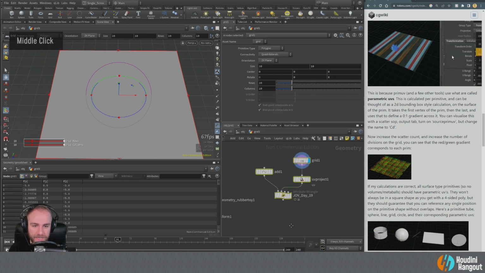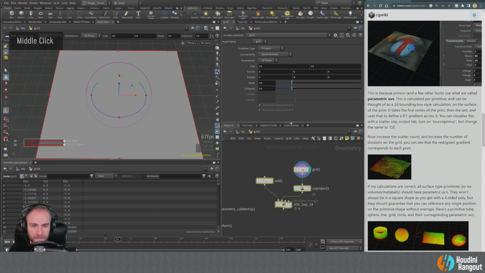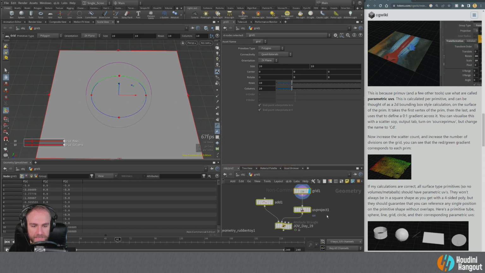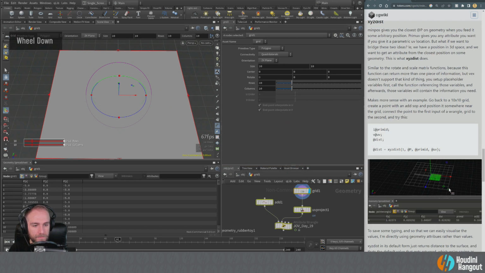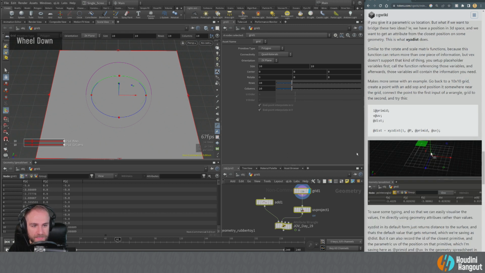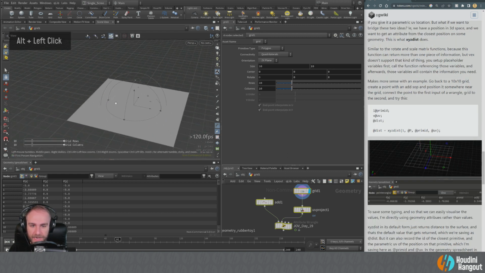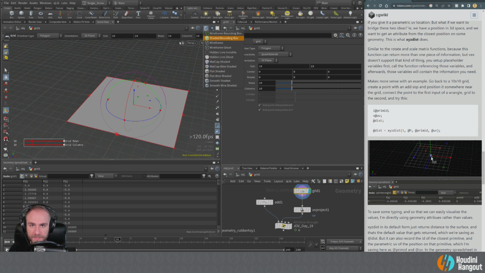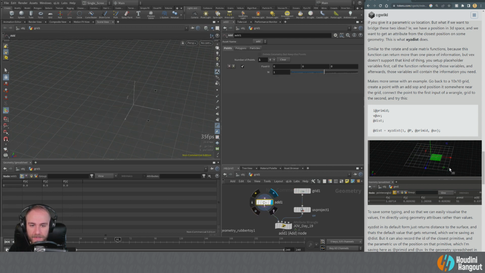Shift L will arrange our nodes nicely, and let's just scale this down so we've got it down here. Great. Okay, so let's set up this XYZ distance and get some attributes from it. So we've got our grid here. Let's do just like a flat shaded so we can see. And then we have this add point here, and I'm just going to highlight this so we can see,